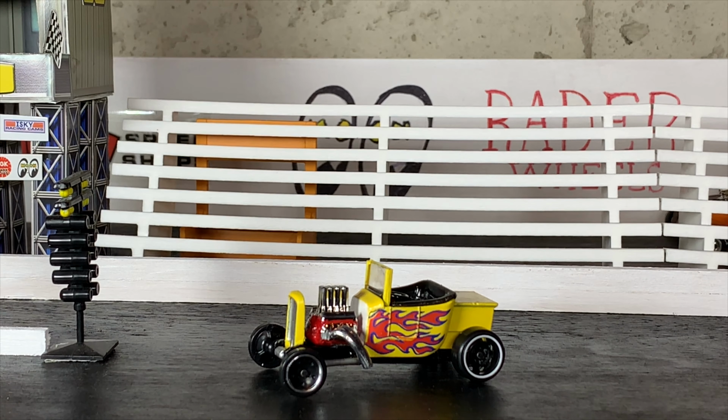Again, the idea for this was to build a custom 1/64 scale gasser, period correct, either 50s, 60s, or 70s style, on a budget of $5 or less. So I started with a thrift store Hot Wheels T-bucket that I got for 25 cents. And then we used the radiator off of a 32 Ford that was also a 25-cent thrift store find. The engine on the car is out of a 64 Nova wagon gasser that I paid 94 cents for. And we used another 94-cent car for our wheels. And then I used about 4 different bottles of cheapo Walmart 50-cent craft paint. And then I used maybe, I'll estimate, about 50 cents worth of aluminum tubing, bringing our total right up to